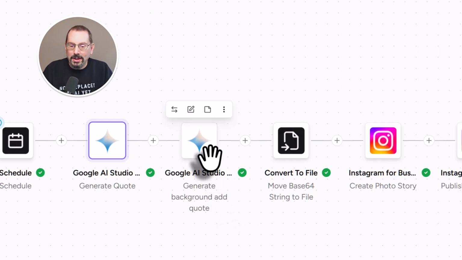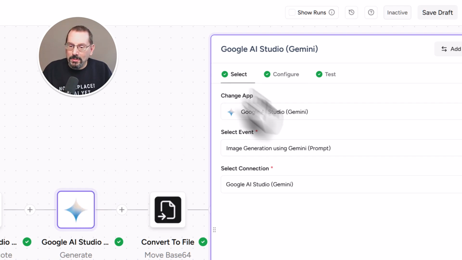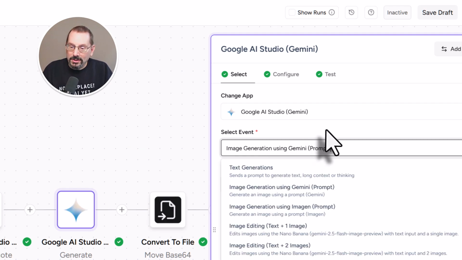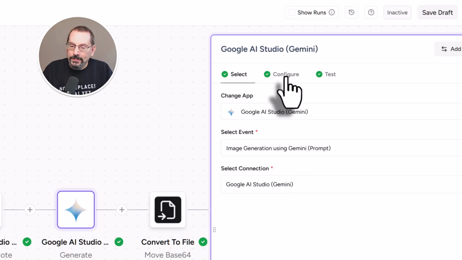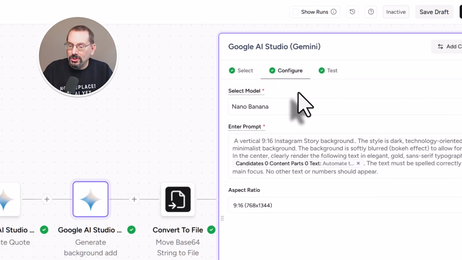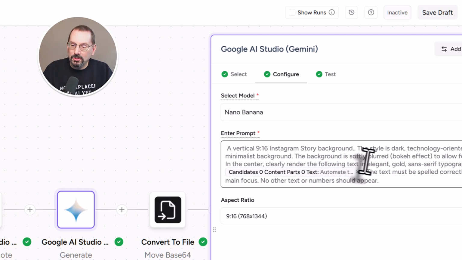Okay. Our next step is to generate the background for our Instagram story. So let's take a look at that. So we'll go over to the Select tab. Again, Google AI Studio. In this case, we're using image generation. And so that's our event there. And again, you'll need a connection to that API key. Under the Configure tab, we are using the Nano Banana model to generate the image, not the Pro version, just the regular Nano Banana. And in our prompt, vertical 9:16 Instagram story background, this is where you'd really fine tune